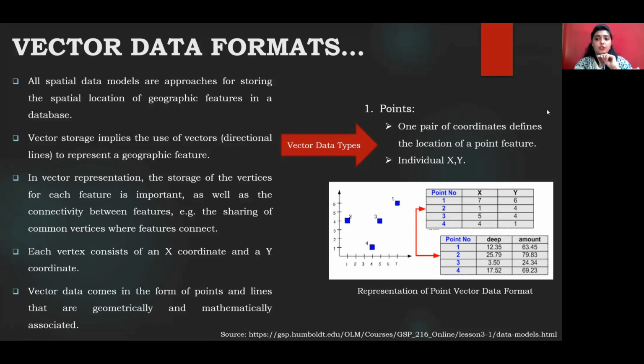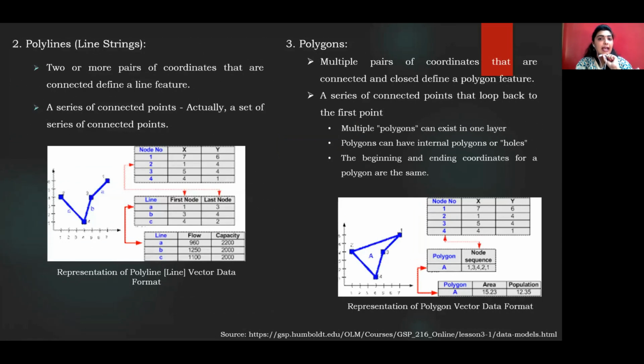It will have an individual x and y, which is shown in this table. You have point number one, you have the x coordinate, you have the y coordinate. It's just this much of information that the points will have in terms of spatial data. Polylines is the next form of data format, how the vector data is being represented. So you have two or more pairs of coordinates,